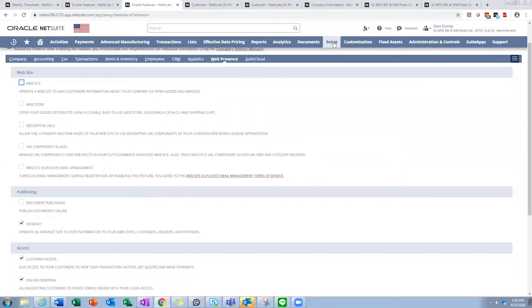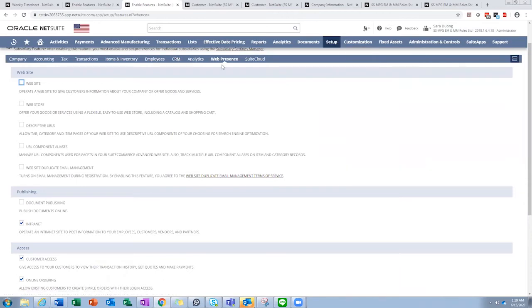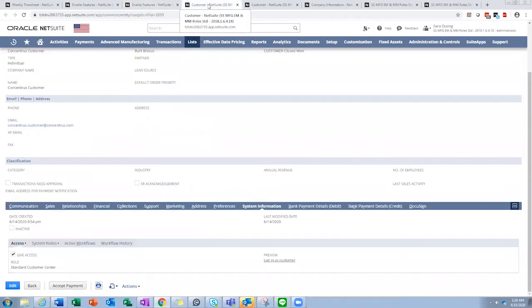You want to go to Setup, Company, and Enable Features. Under Web Presence, you'll see under Access that there is Customer Access. Please check that and hit Save. Okay, once that's done, you can go to a customer and give them access to the customer portal and give